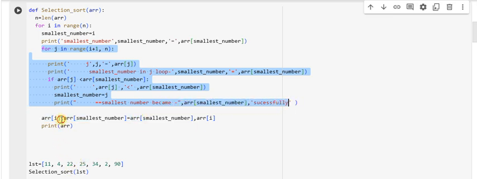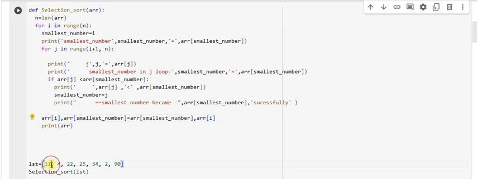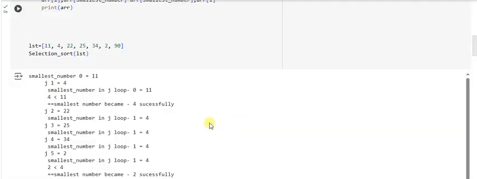So array of I, which is 11, and array of smallest number, which is 2, exchange their location. So now if we print, we can see,